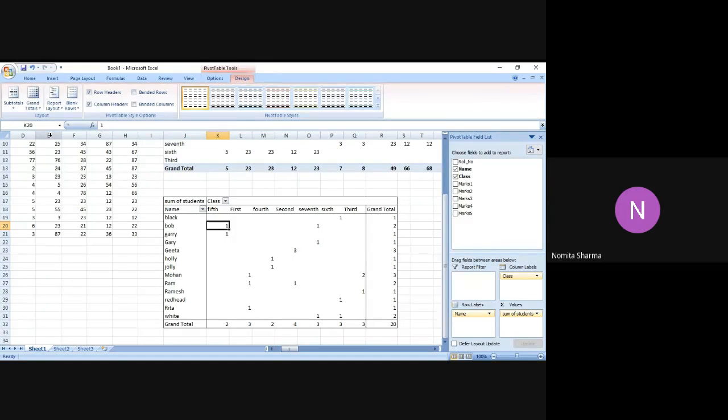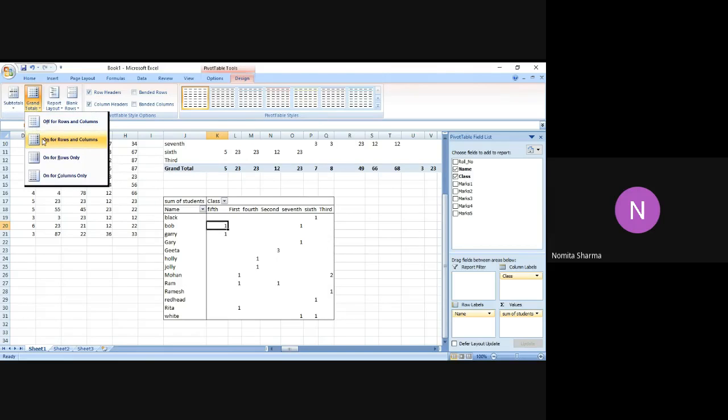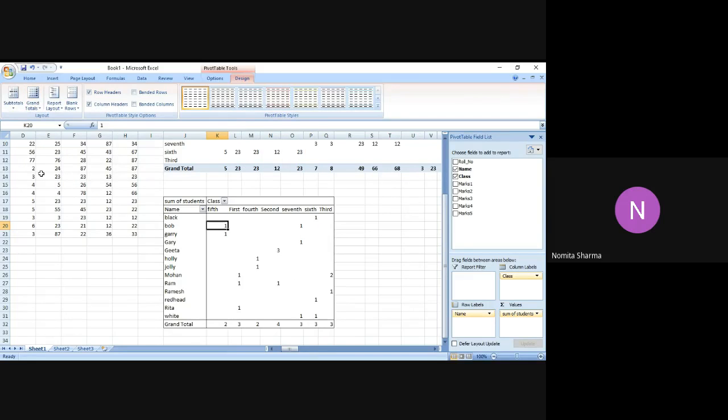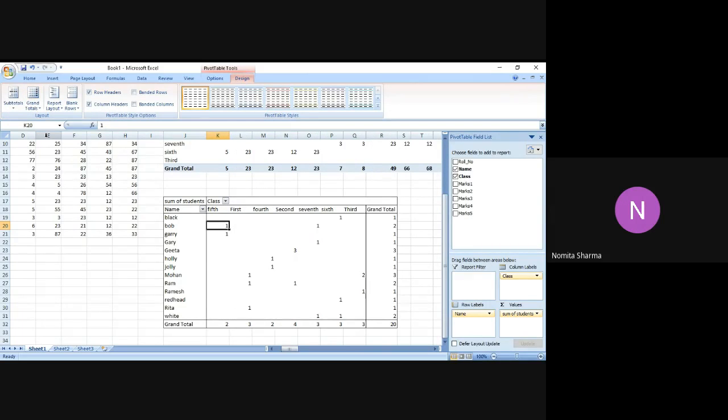So whatever things you see on first hand in the pivot table, these are all the default options that you see in the table. So I can easily switch it off. I go to the design option in the pivot table tool command, and I go to the grand total. I can easily, if I want to off for both, I can select off for both. If I want only on for both, I can select on for both. If I want only for row, you see it will appear only for row. If I want only for column, it will appear only for column accordingly. All right. So since one doesn't make a sense, I would want to have both. So let me have both for both column and the rows.